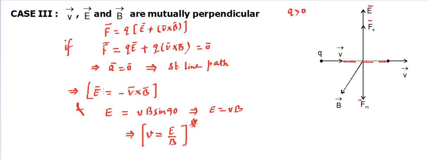And what will be the direction? From this equation you can ascertain the direction of this velocity if the direction of electric field and magnetic field is given, or otherwise if two directions are given, the third direction can always be identified from this expression. So that's the third case. So in Lorentz force we have considered these three cases: one, they are collinear; next, any angle between B and V, keeping E and B parallel; and this third case was all three mutually perpendicular. Right, so make your notes and go through. These types of questions are popular in the examination.